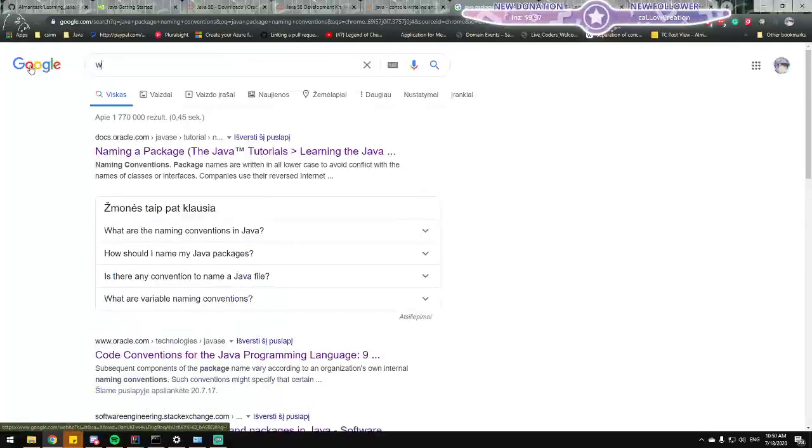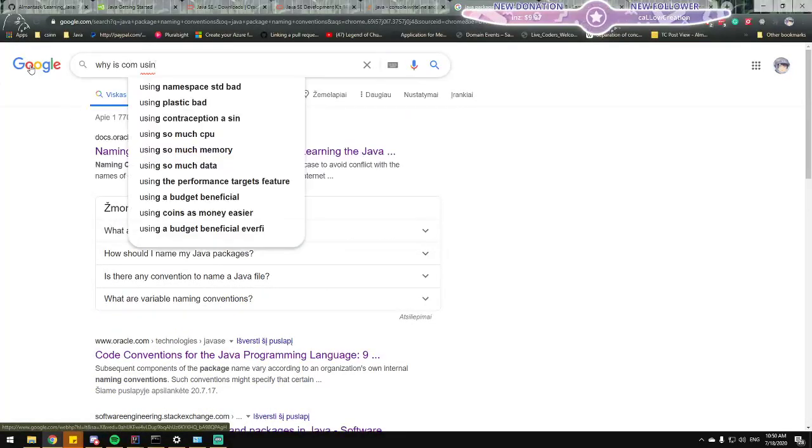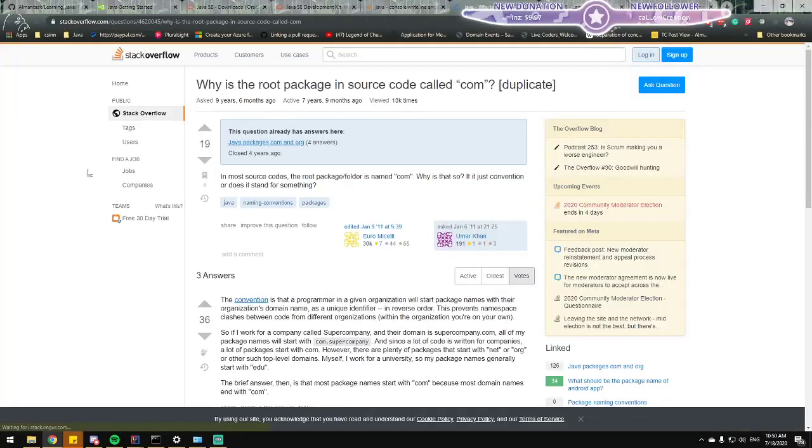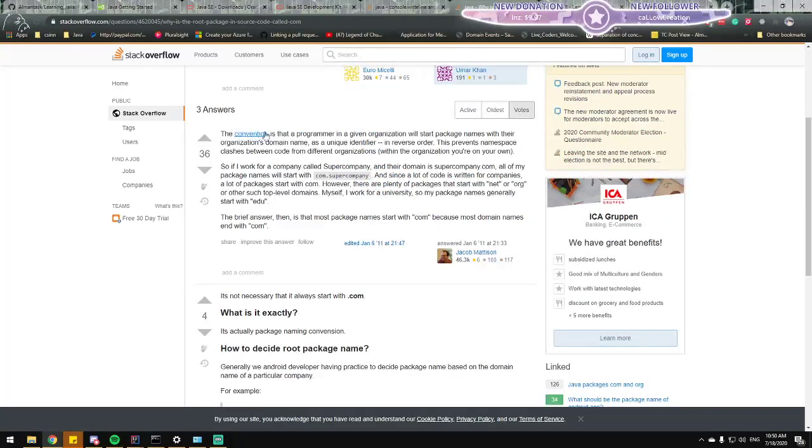Why is it com? Okay, I'll ask that. The convention is that a programmer in a given organization will start package names with their organization's domain name as a unique identifier in reverse order. This prevents namespace clashes between organizations.